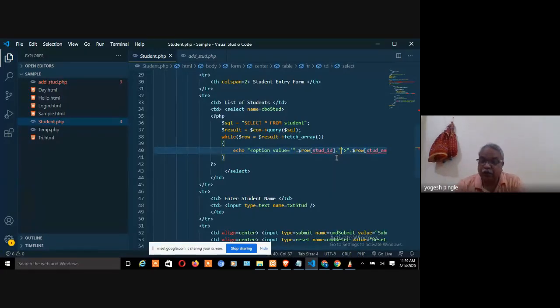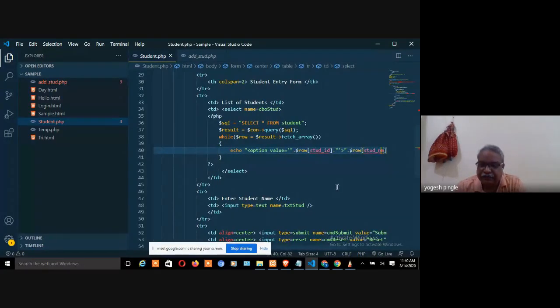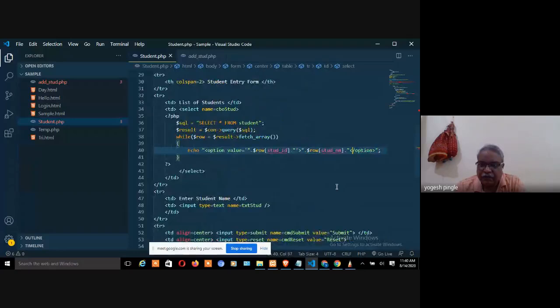That's why over here also, even if it's a number, while displaying it I want to put it in quotes. So this is the syntax for printing the ID, and this is the single quote. I have to put it as a string. Again the same thing for the student name: you print the student name, fine. Double quote before and after, and these also before and after. Okay, then close the while loop and close this. So this is the syntax.